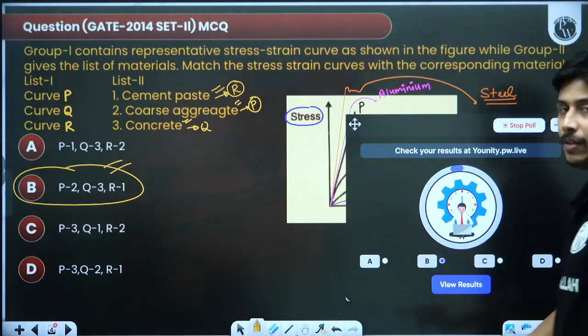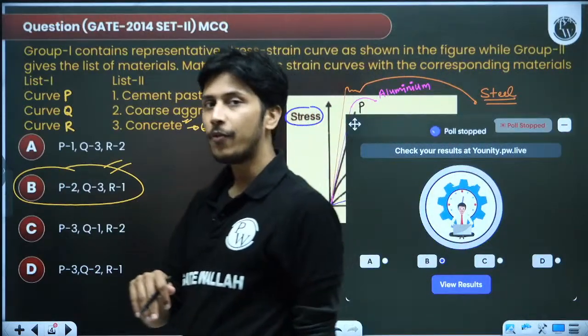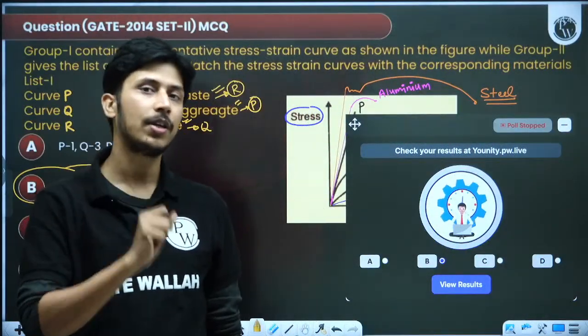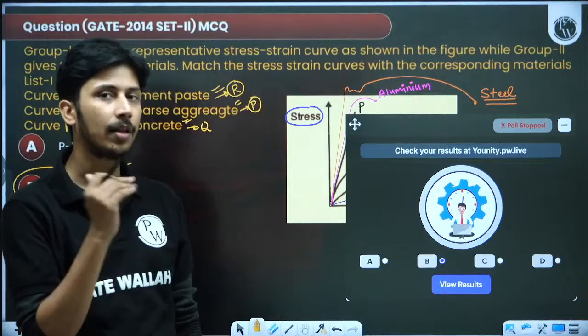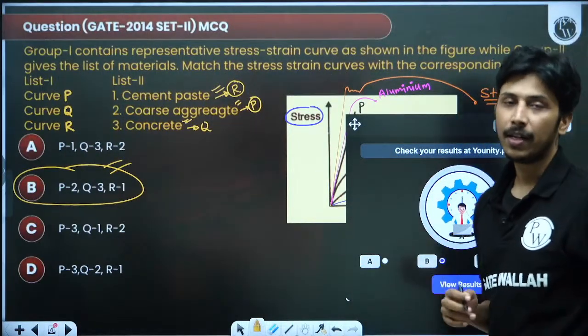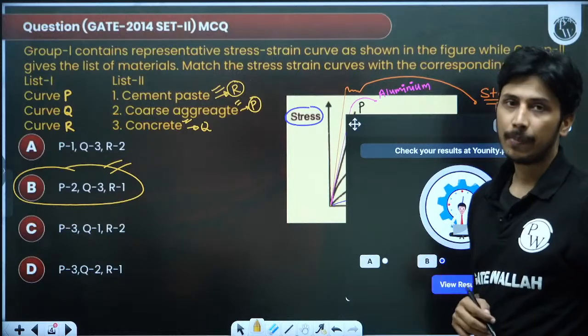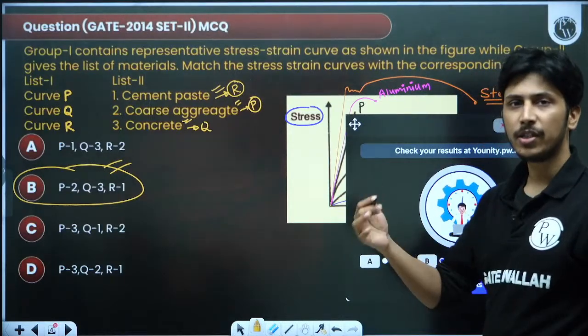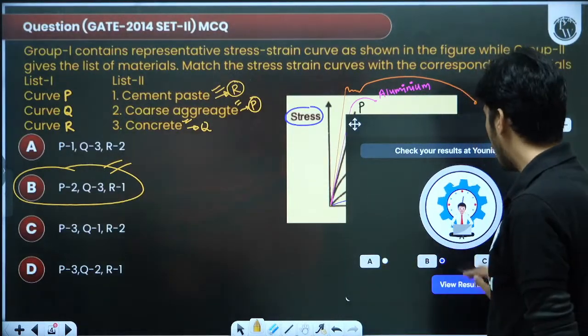Are you getting my point? Why have I started with these types of questions? Because a lot of students are ignoring the theoretical part for the GATE exam. They are only solving the numericals. But for the last 10 to 12 years, GATE has equally concentrated on the theoretical and the numerical part, both. In 2 marks questions, they are also asking these things. So part B is the correct answer.